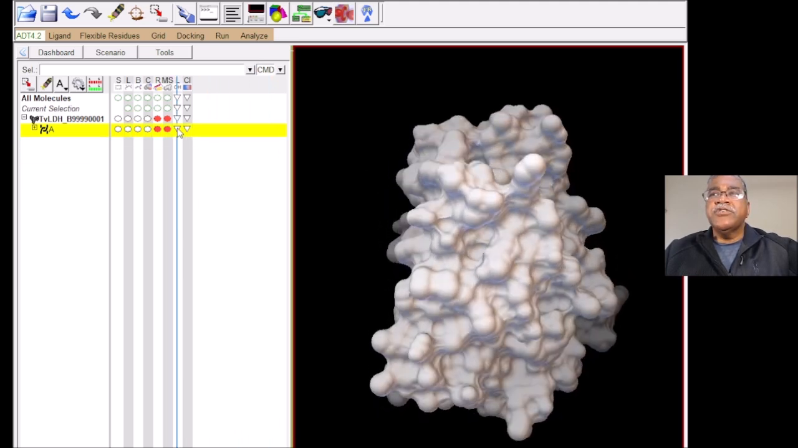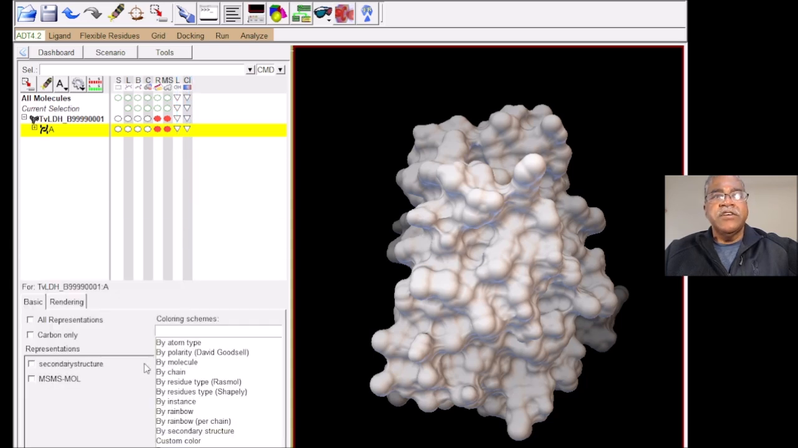And then you can label differently, and you can also change colors. And when you change colors, you can change by polarity. If I say change by polarity,